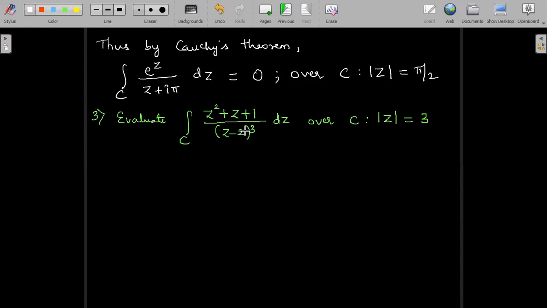We observe the denominator is of the form (z minus a) whole power n plus 1. Of course, it is an application of the generalized Cauchy's integral formula. So very firstly, we compare n plus 1 with 3, the power, and grab the value of a, by comparing the denominator of the form (z minus a) whole power n plus 1, and the numerator is f of z. Then apply Cauchy's integral formula. And of course, we have to check whether the point lies inside the given circle or outside the given circle. Let's see the solution for this.